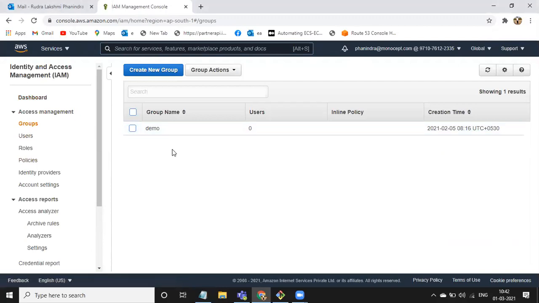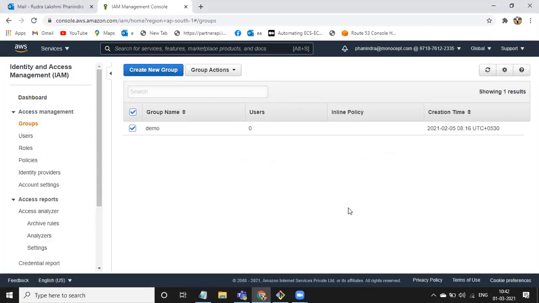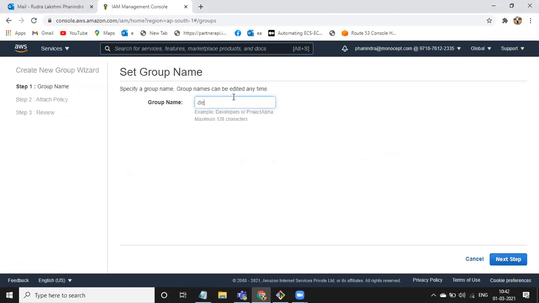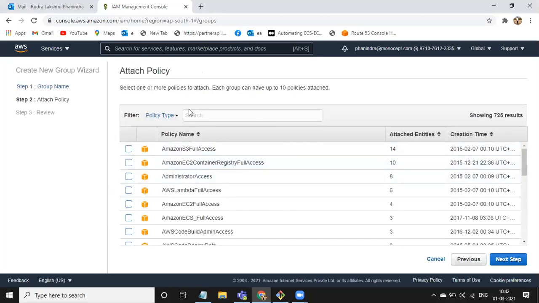Here I will create one group called DevOps demo, DevOps session or something. I will create one group. Next step, add the permissions required to your IAM user to this group.